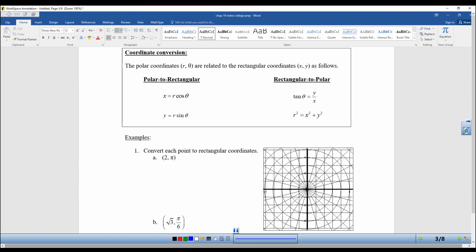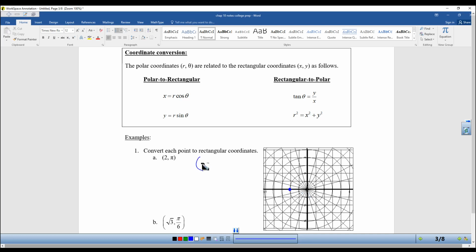So we do need to learn how to convert from rectangular coordinate system to polar and vice versa. So I've done kind of a strange thing. I've overlaid two graphs on top of each other just so you can see how they relate. So let's say I have the point 2 comma pi. So pi is this line right here, and I want to go out 2 on the circle. So it's right there. I know the circle didn't fall exactly where I wanted it to, but it's pretty close. So it looks like it's just the point